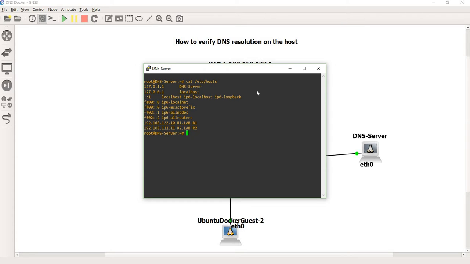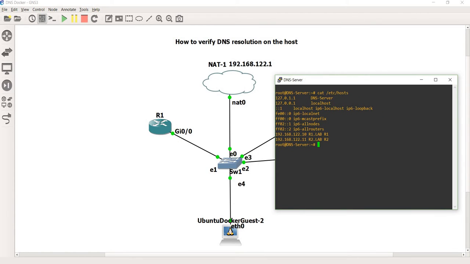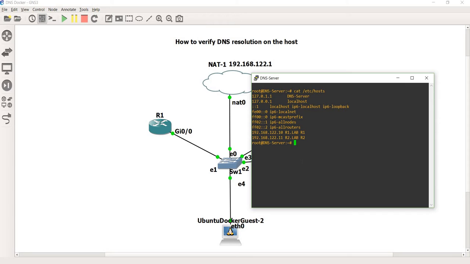Here, this is the IP address of R1.10. This is the fully qualified name, and this is the short name. And this is, of course, the IP address of R2.11, and this is the fully qualified name and the short name. So the DNS server is already configured,